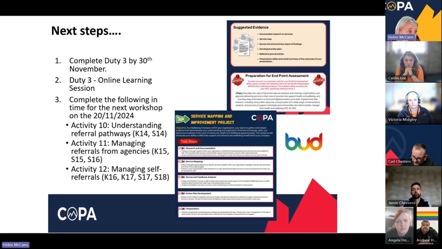So what you need to do now is make a start on duty 3, and that one is giving you about 5 weeks to complete it, and then that should hopefully give you enough time to collect all the evidence to support it. If you can do your online learning session, which is just your learner journal, that gives you a chance on Bud to log your hours for this session, and just a little bit of a reflection on what you've learned from activities 7, 8 and 9, and then making a start on duty 3. And then you also need to complete activities 10, 11 and 12 in time for our next workshop, which is on the